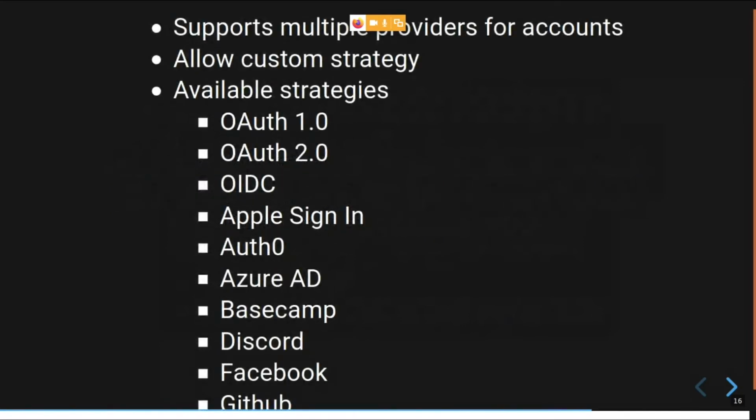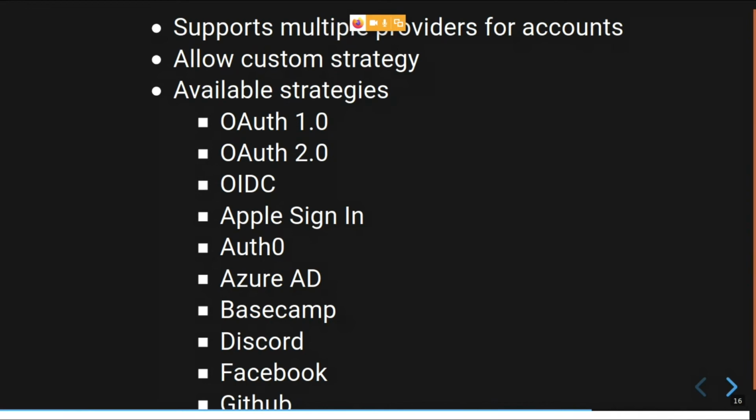Right now the supported features are that you can use multiple providers in the same login itself. That is, you can offer Facebook, Google, or Apple sign in on the same login.